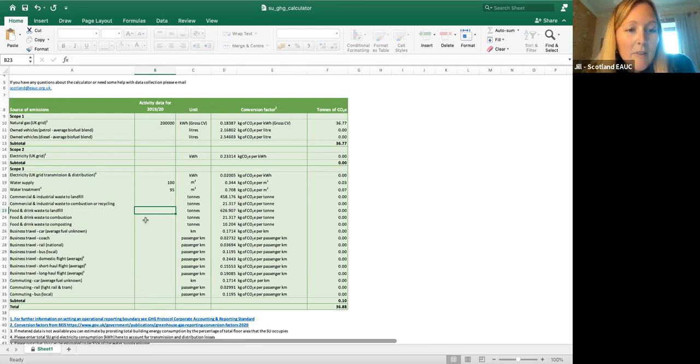Here's the business travel options that I spoke about. Again, remember I've given you averages. I've just gone for an average car factor, so you don't need to worry about the fuel type or the size of the vehicle, because I thought that would be more accessible. We've got the flights again broken down by the length of the flight, and then commuting. I've just gone for average car, rail, and bus as options, but also happy to add anything that you think would be useful.